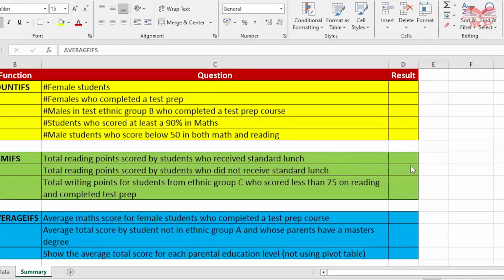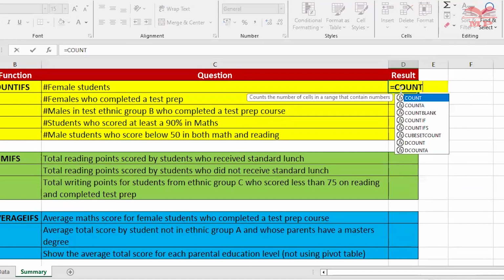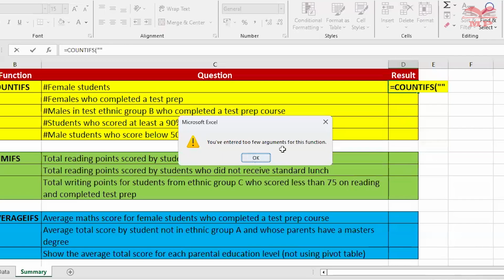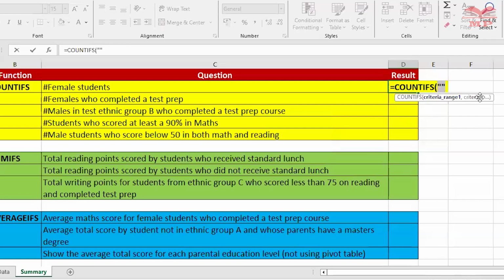But just for the sake of, I can see Lazy, I'm not sure you were there last time, but what we looked at was this function, count ifs. So we said it works a bit like the count if function, except that you're able to add multiple criteria and multiple ranges. So in this case, it asks us to count the number of female students. So that's our criteria. We just follow this